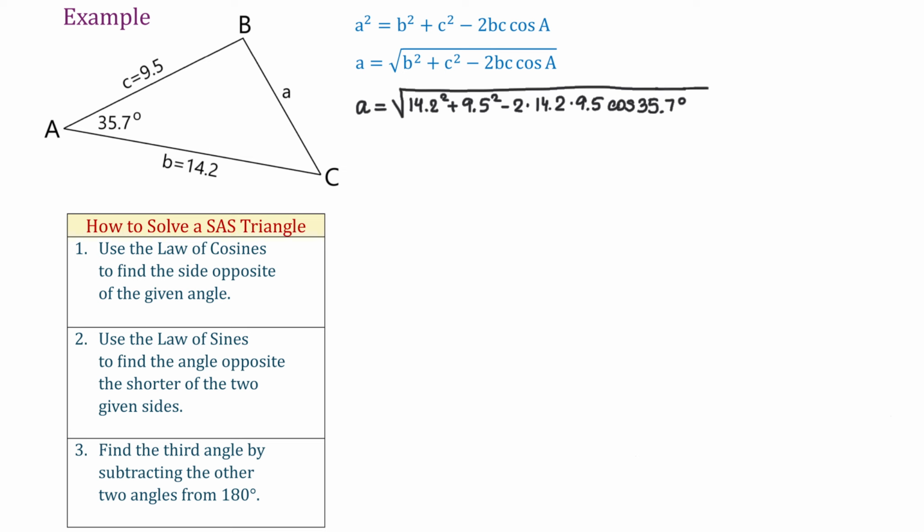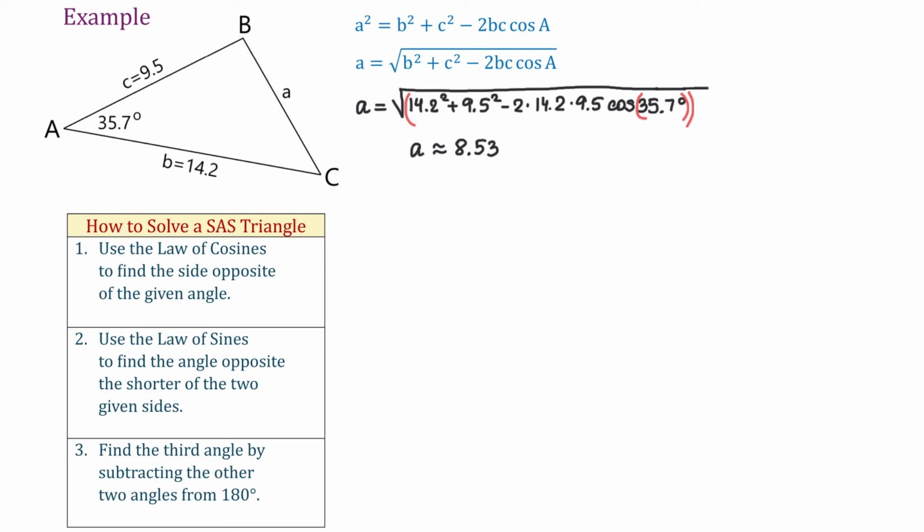Then here we will use a calculator, and depending on the model, you might need to use extra parentheses. First you will have the degrees in parentheses, and make sure your calculator is in degree mode, and you might also have to enclose in parentheses the whole expression under the radical. Then A is approximately